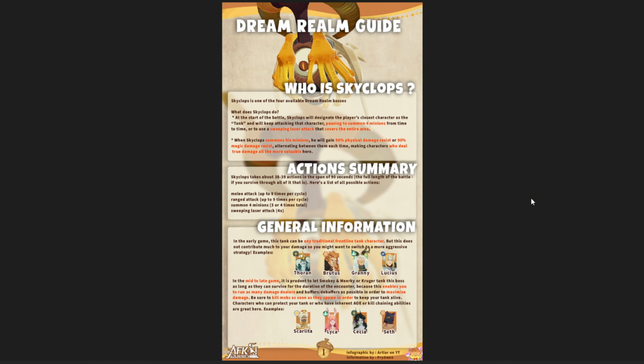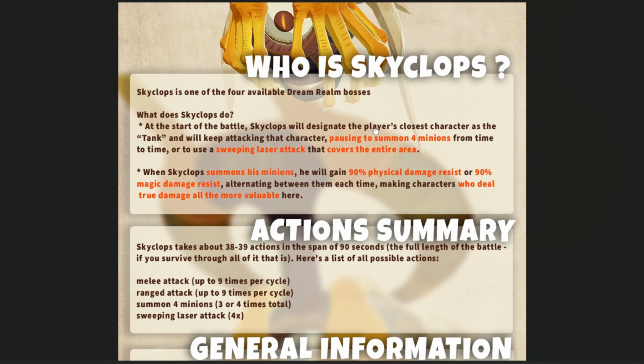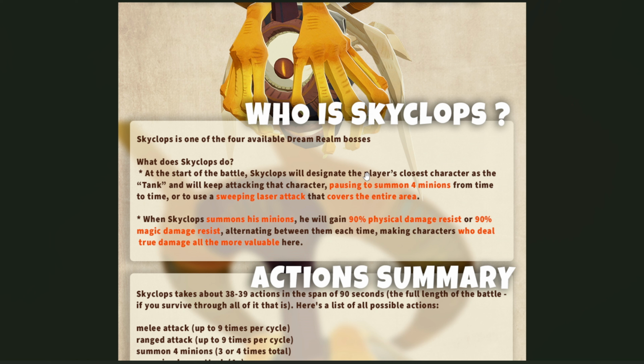So this video is about the Dream Run guide, and it's about the Skyclops, which is the boss we are having today. Skyclops is one of the four available Dream bosses, right? TLDR, Skyclops is going to summon 4 minions from time to time, and then it will do an AoE laser that will clear your whole team. It's very painful, so you want to clear his mobs as fast as possible so you can deal more damage